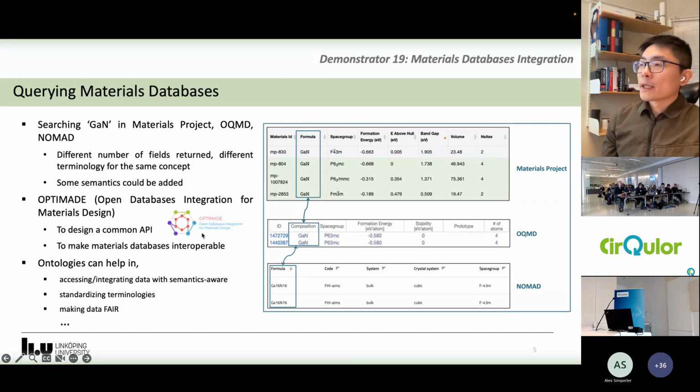So we see that we need some semantics and common terminologies to make the data in these databases interoperable. We can represent the semantics in ontologies. Of course, ontologies can help in standardizing the terminologies, and ontologies can also help to make data FAIR, which is short for findability, accessibility, interoperability, and reusability.